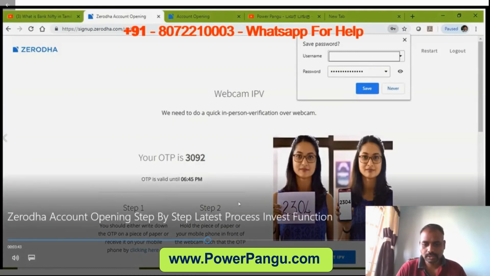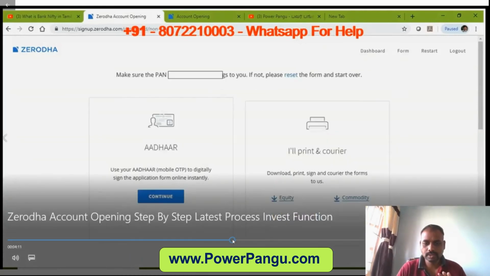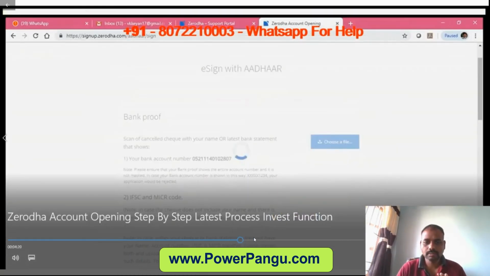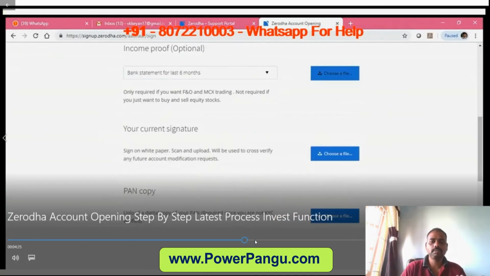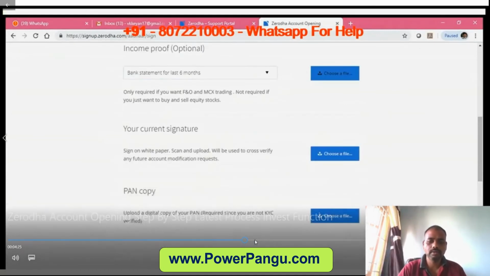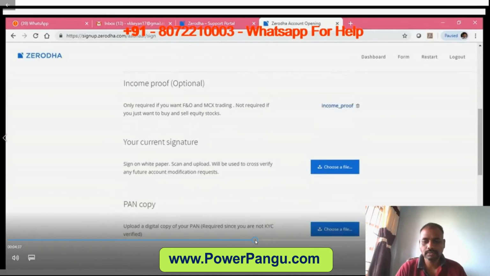Once that process is done, it's very simple, you just have to upload the bank proof and everything, the soft copies that you kept ready: current signature, PAN copy, 6-month statement, or bank passbook, whatever you have.